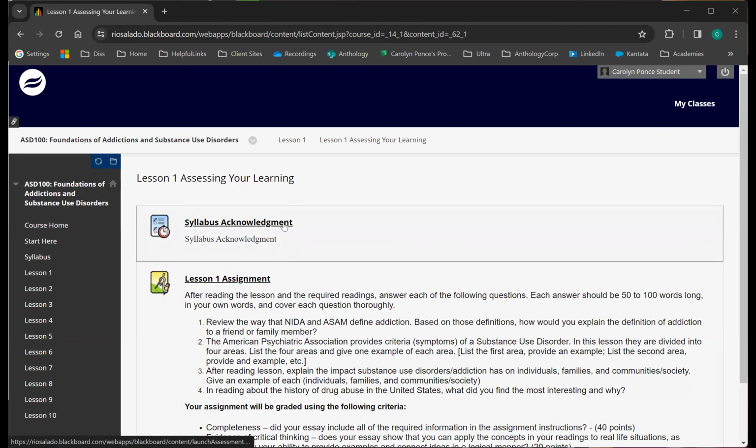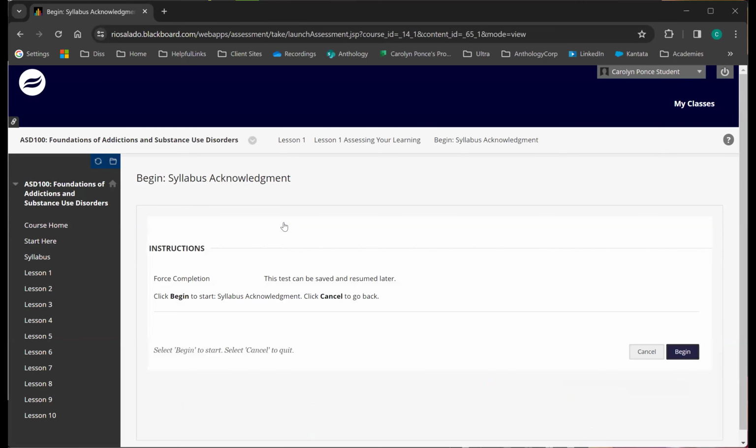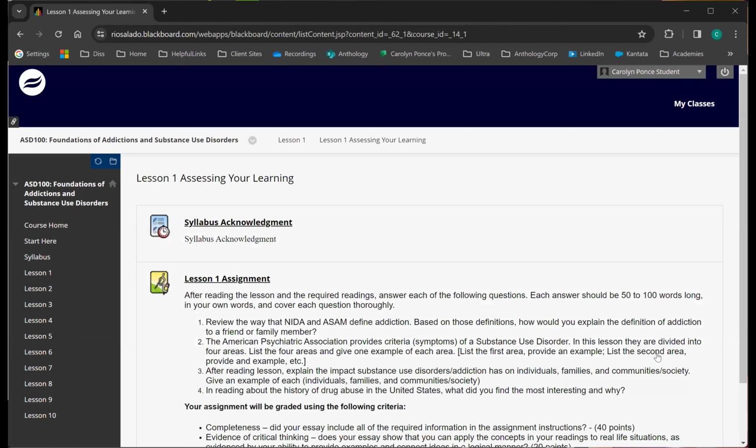When the student is ready to start a test, they click on the link, and then they can see where the instructions are located, if there are special instructions or any special navigation instructions, that type of thing. When they get ready, they can click begin. If they're not quite ready, they do have a cancel button, so they can back out of the test and wait to take it later.